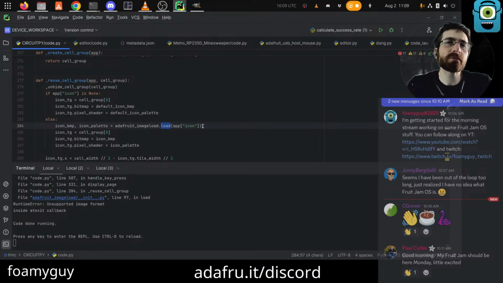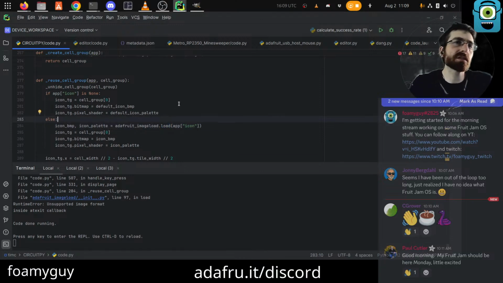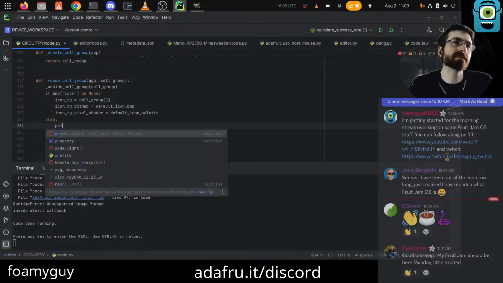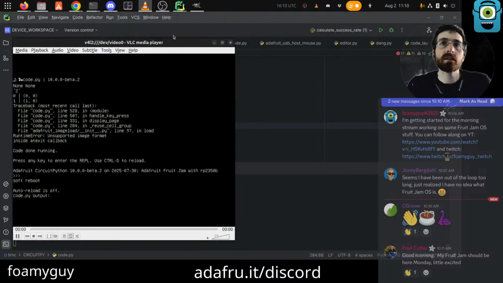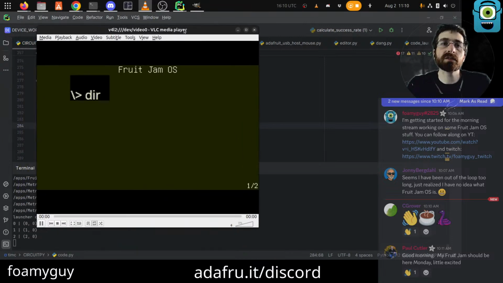I don't know how this ever worked. Unless app icon gets... I don't know how that is...